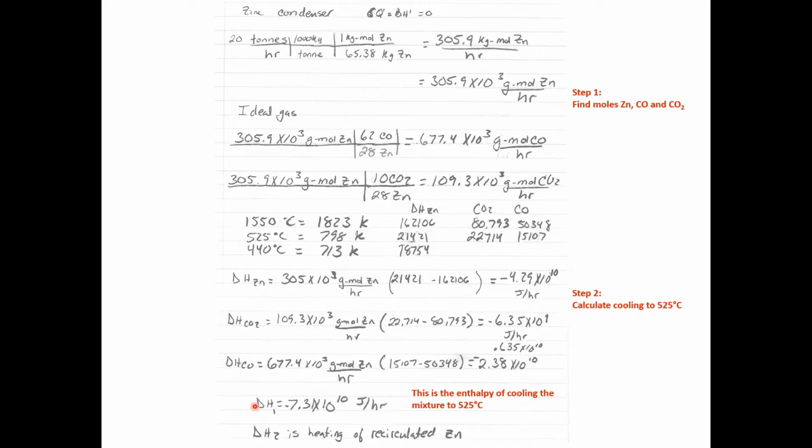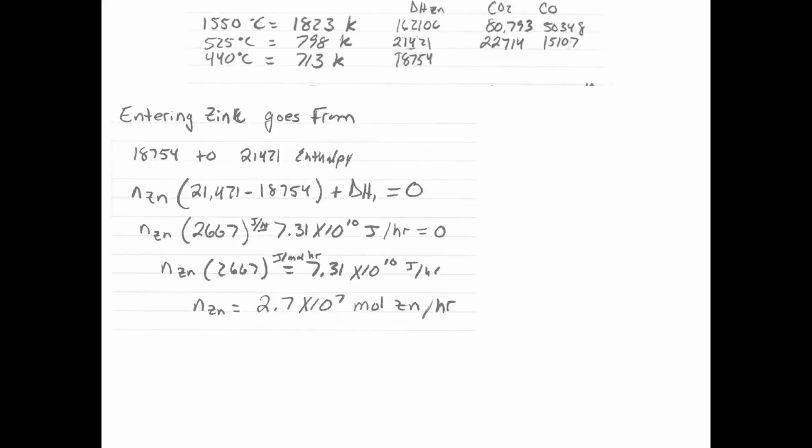Our delta H1 plus delta H2 should equal 0, because this is, again, an adiabatic process. So this heat that was given off needs to go into heating the recirculated zinc. And how do we calculate that? This way. So I copied my table and brought it over here. The entering zinc, it's going from 440 to 525 degrees. From an enthalpy point of view, or from a sensible heat point of view, it's going from